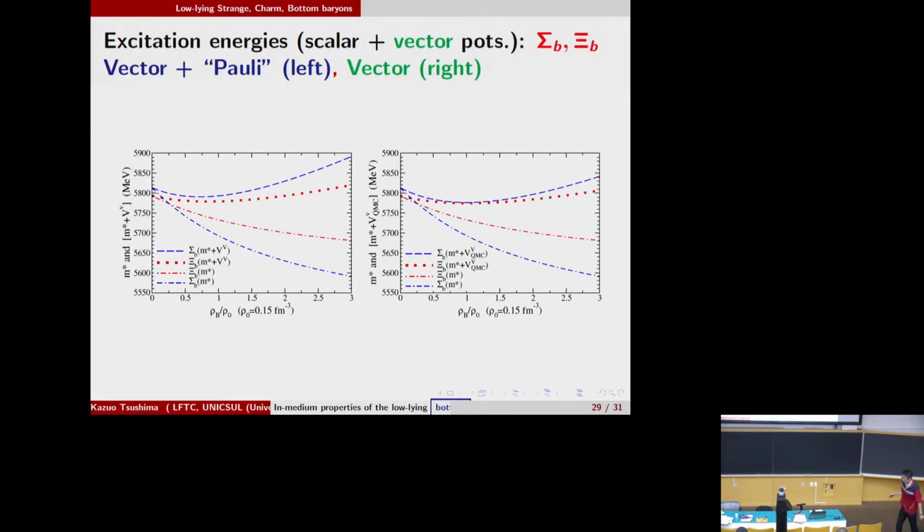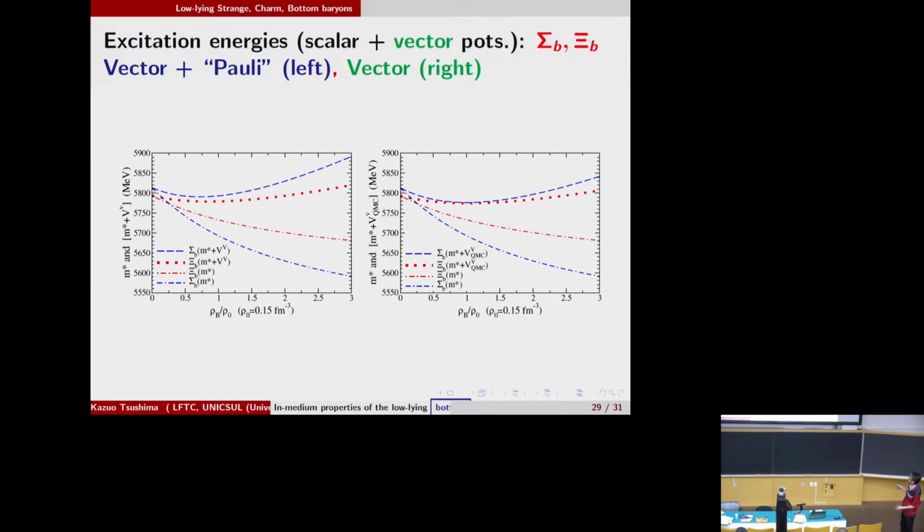Okay. This model naively predicts the potential for sigma B and cascade B, which doesn't include sigma-lambda channel coupling in the strange sector, because lambda B and sigma B have a much bigger mass difference. So although I expect less channel coupling, I calculate both cases. If I include the same lambda-sigma effect of the strange sector, if I include